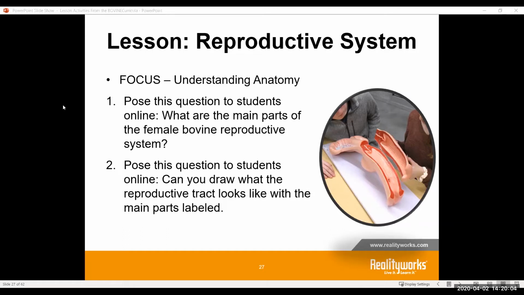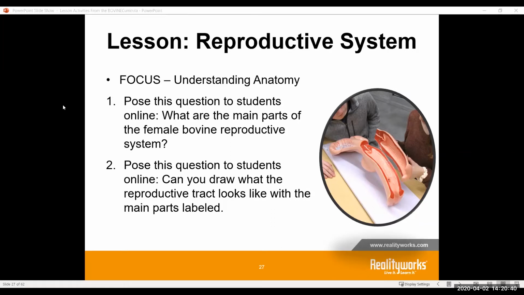Because by having those different ways, social media, a different online learning management system, whatever you have available to you, the students can connect with each other in that way, show what they were able to draw, how they look different, maybe goofy, whatever the case is. And maybe it's not with the reproductive system, maybe it's with another activity that you have, but having students interact with one another is a great feature, especially right now in the times we're at, where they can get that interaction when they may feel a little isolated on their own.